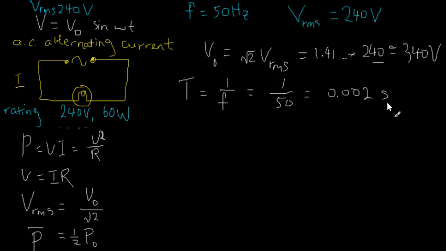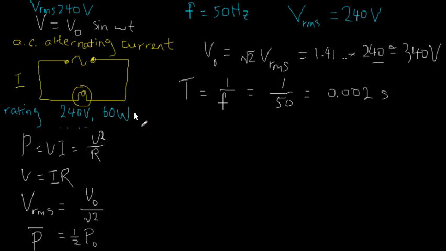Okay, so far so good. What else can we find? Right, we can find the power. So since 240 volts is the RMS voltage, what about the 60 watt? Is it the peak power or the mean power? Well, I would think that if we don't know any better, the mean is a more likely answer,